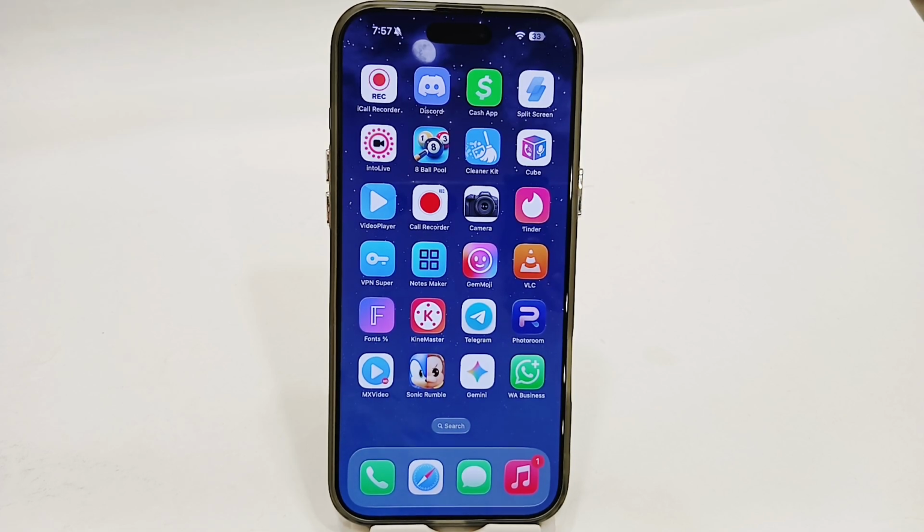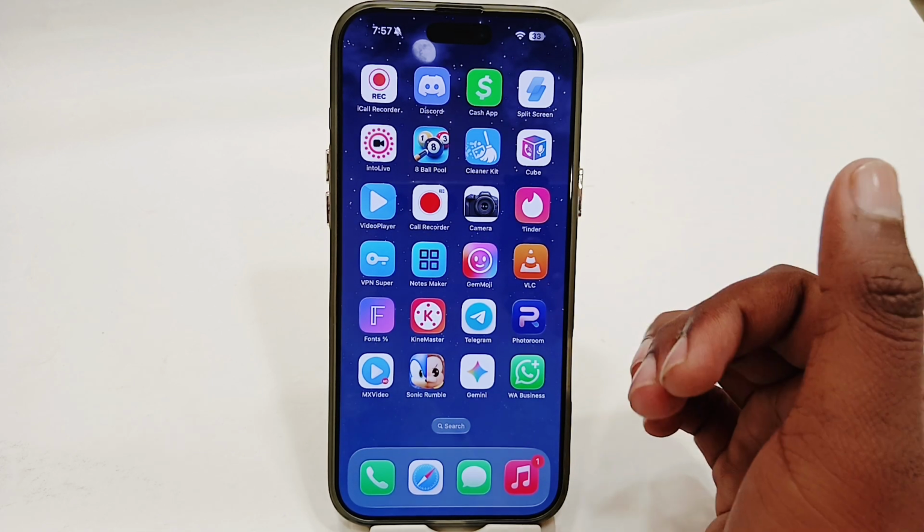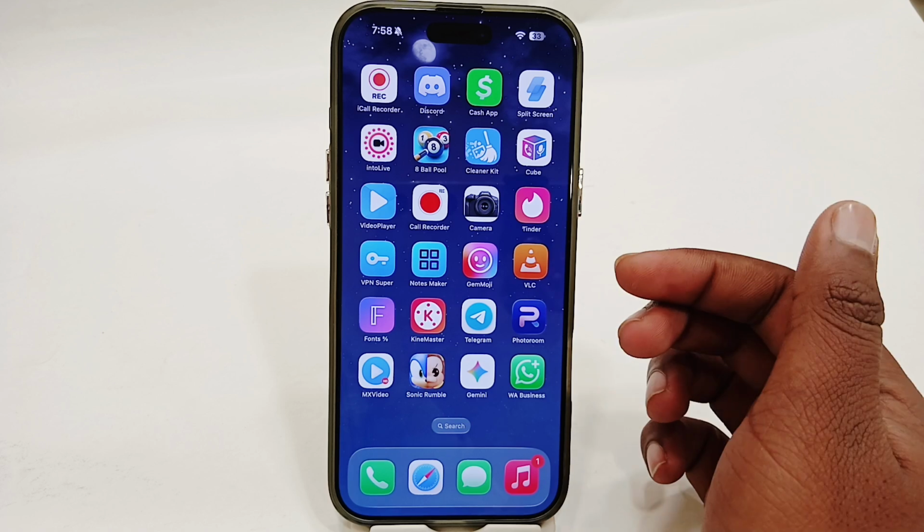Hey guys, today I'm going to tell you how to fix the Telegram connecting problem. If you're using Telegram and it has been stuck on connecting, let's see how you can fix the issue. So the very first thing, it might be a network issue, which can be easily fixed by fixing your